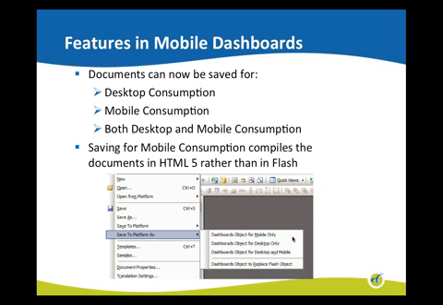The same goes for saving it only for mobile. Unless there's a reason not to within your organization, I definitely recommend saving it for both desktop and mobile consumption. We'll get to some of the limitations that come with that in a little bit, but if it's something you ever want available on mobile, I would save it for both, just so that it's not lost in your BusinessObjects